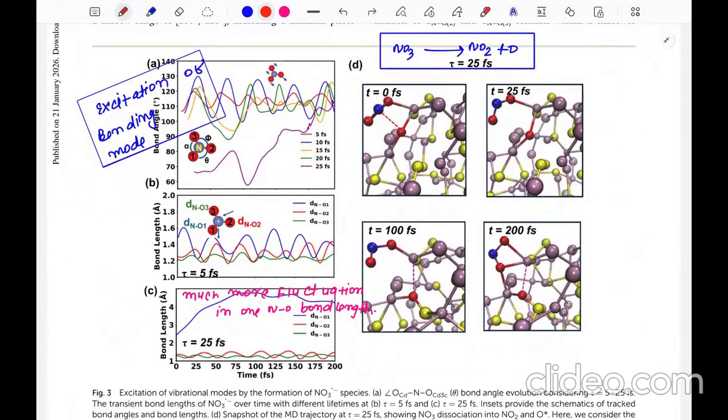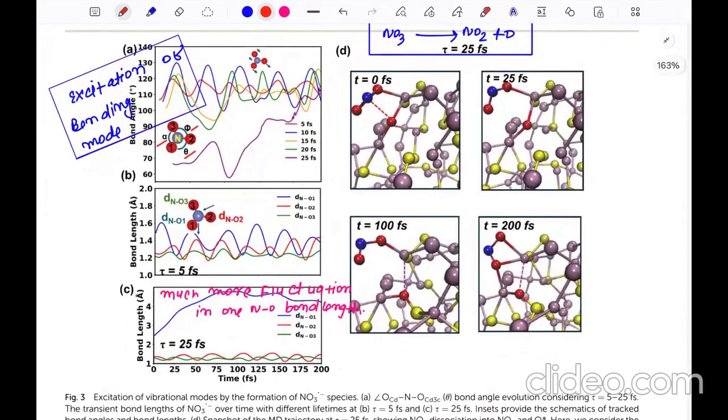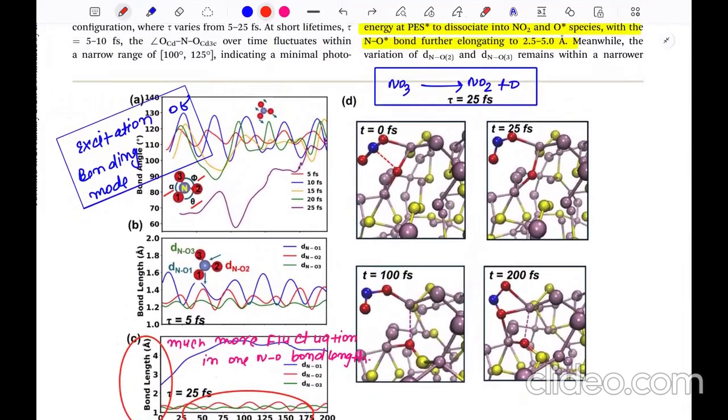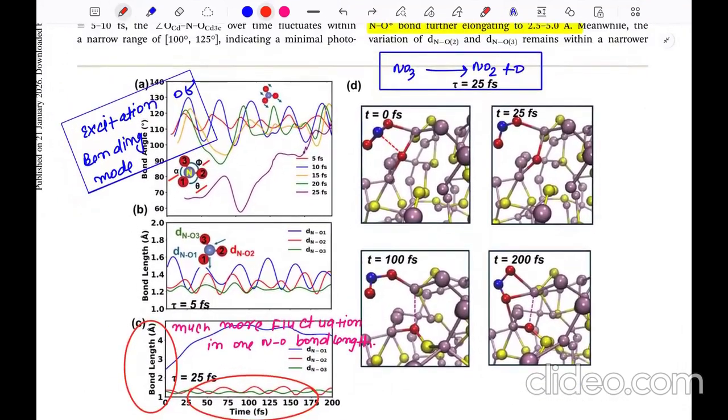You can think of a variation in the bond angle, where three types of angles are defined between NO3, theta, phi, and alpha, and this denotes the variation of angles. Here, this is the bond length variation with time, and you will clearly see there is much more fluctuation in one NO bond length as compared to the other two NO bonds. So at time tau equal to 25 femtosecond,